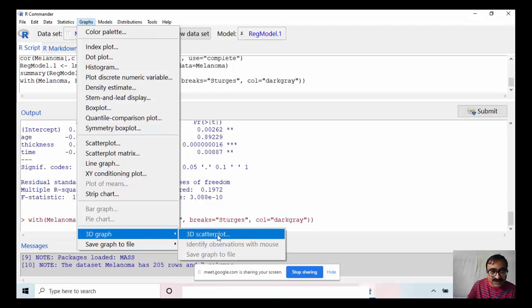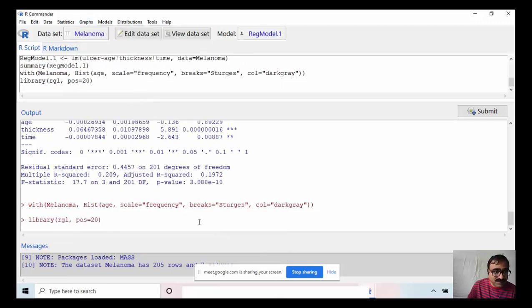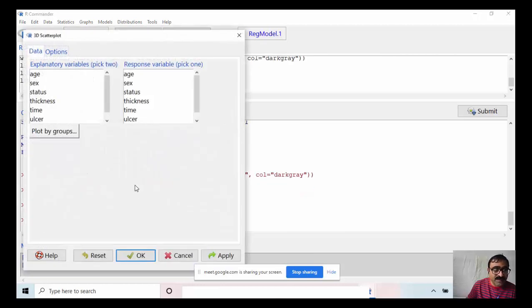So I select that here. This window will come. In data, I select age as an explanatory variable.